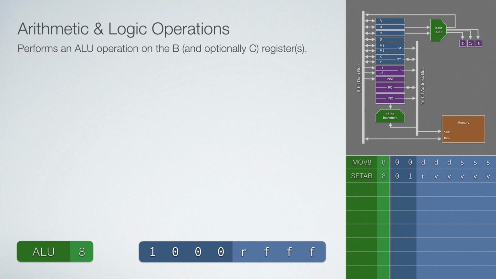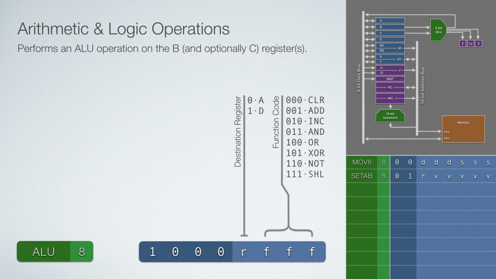So again, this is another 8 cycle instruction. As we saw before, it's prefixed with a 1, 0, 0, 0 in this case, so the only bits we can change are the last 4 bits. And they are the destination register A or D, and then the function code. So by default, it just clears the register, but then we can select add, increment as our arithmetic operations, or